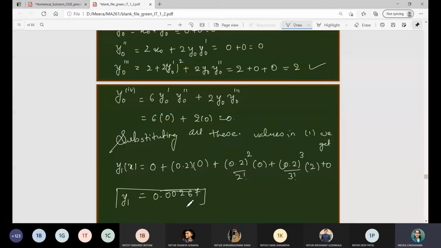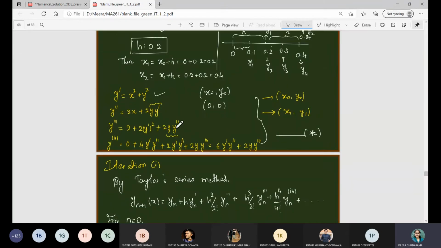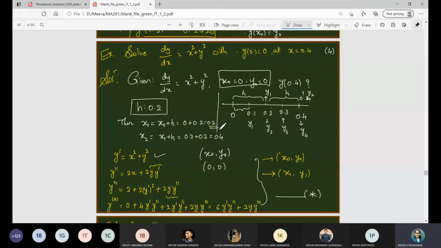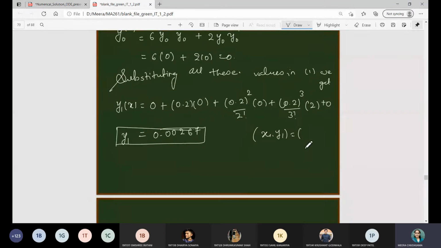So this is what you are getting, y1 of x or y1. So now the points are x1 and y1. So what is x1 value? X1 we have evaluated over here, that is 0.2, and y1 that is the value which we get in this step, so it is 0.00267. So now we are going to consider the iteration 2,